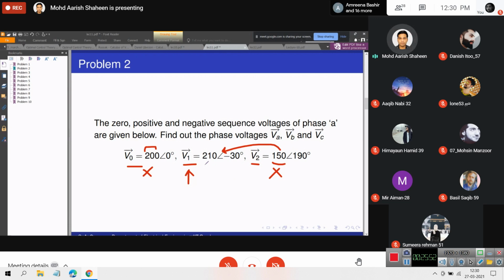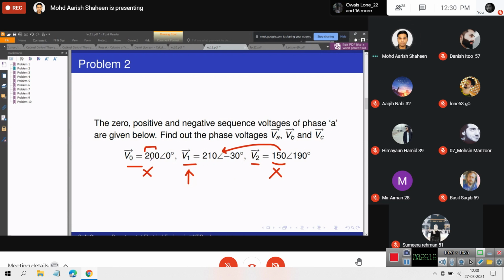It probably hints that this is a single line to ground fault, which you can find out if you make the calculations and all that. Because the zero sequence voltage is present, this is a fault which involves ground. If zero sequence voltage was absent, the fault would not involve ground. So for example, it could be a phase-to-phase fault. Okay? So it is either a double line to ground fault, or maybe we have a single line to ground fault, or maybe the system itself is unbalanced.